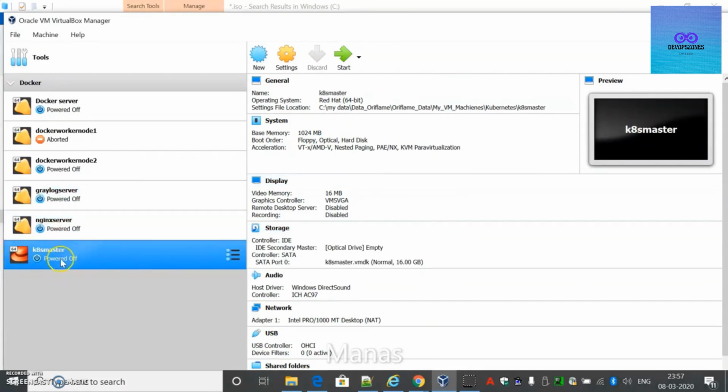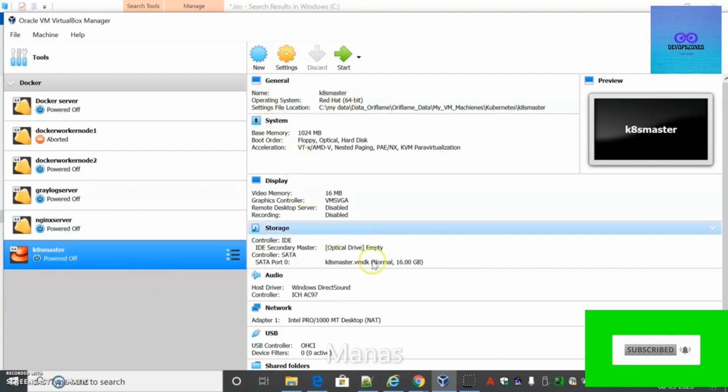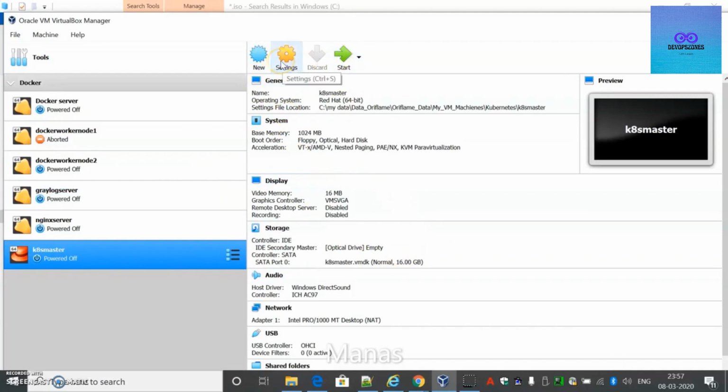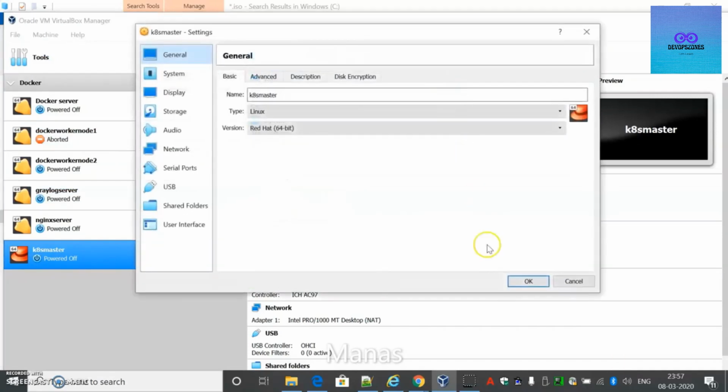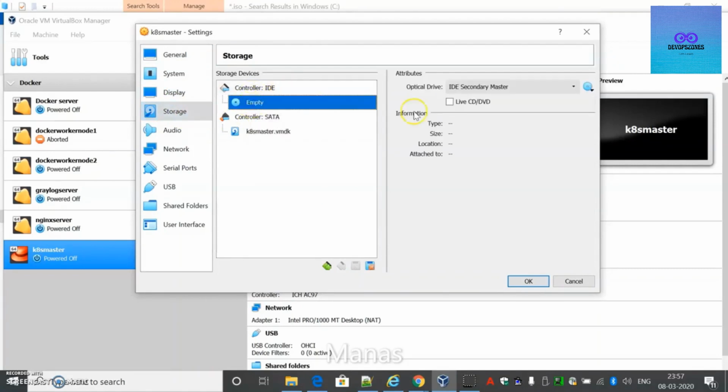So you can see that I have a machine created here, like the schema created here. We'll have to install the OS in it. So what you have to do is go to settings and here come to the storage. On the storage part you have to go to the IDE and click on this,